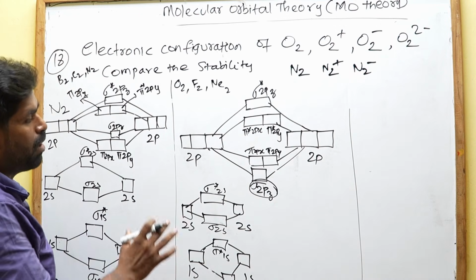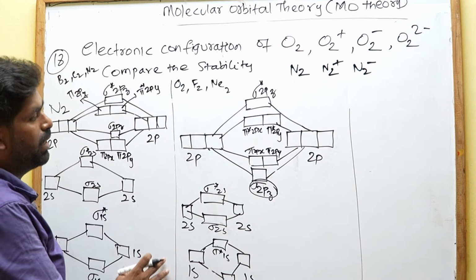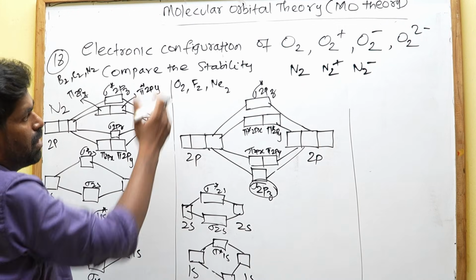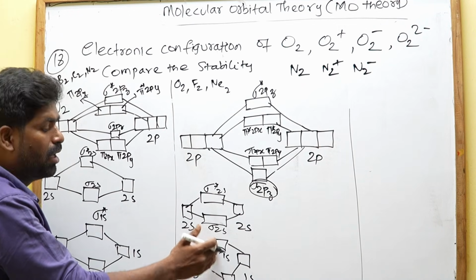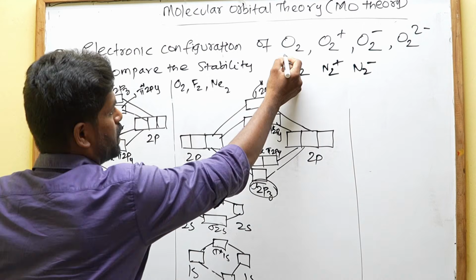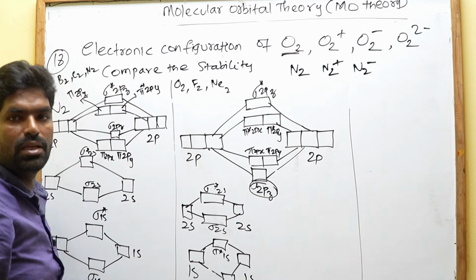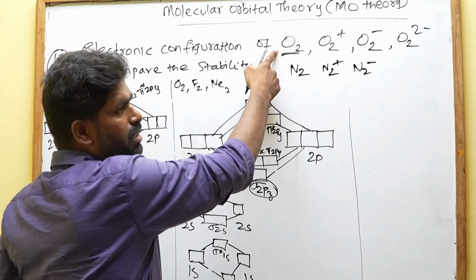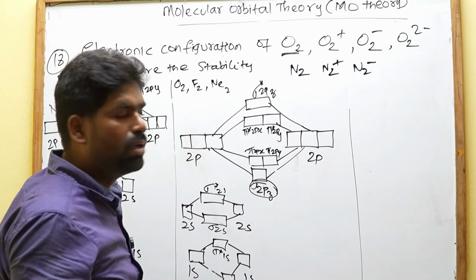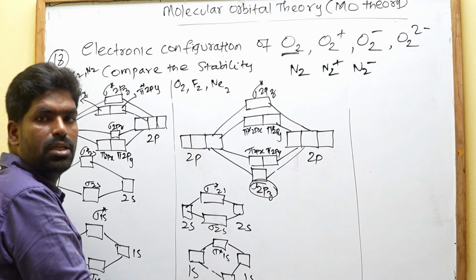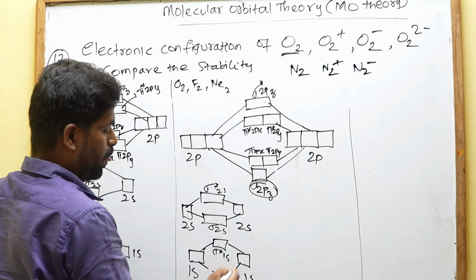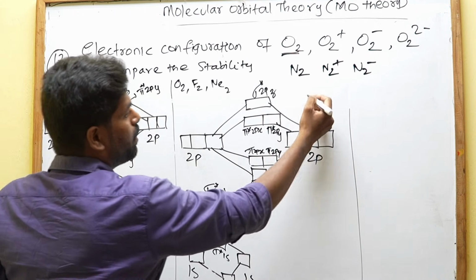Since the bond order calculation as well as the electronic configuration mainly depend on the arrangement of electrons in the molecular orbitals, take the O2 case. In this we have 16 electrons, because each oxygen has 8 electrons, therefore totally 16 electrons. How can we fill the 16 electrons in this molecular orbital diagram? Very simple. Let me write the